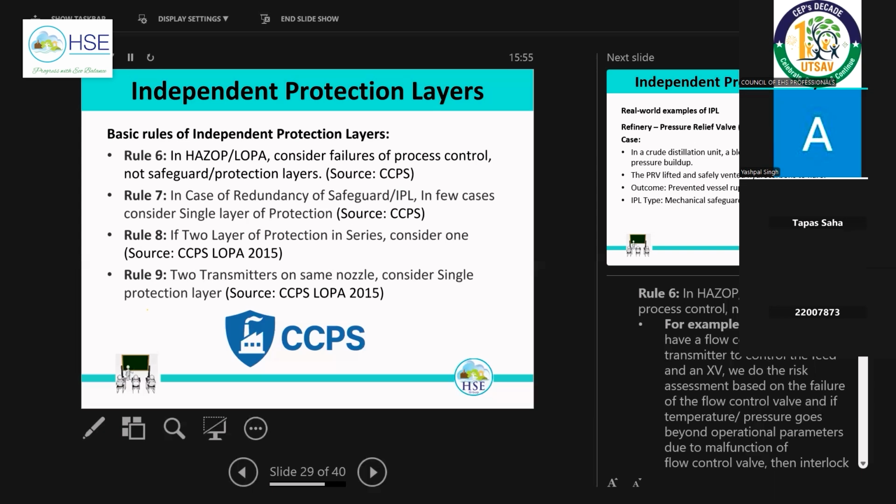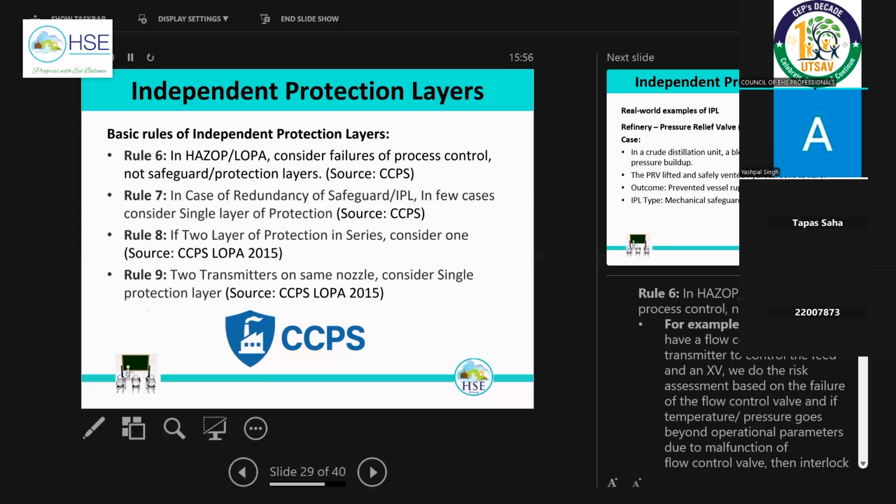The process control, if you say there are different layers for the process control, it starts from our basic process design. Normally first we do the basic process design without any controls. So that we can say is our manual process. Then we add the controls. It may be a process control, it may be a safeguard, maybe a protection layer. So then we add the controls.